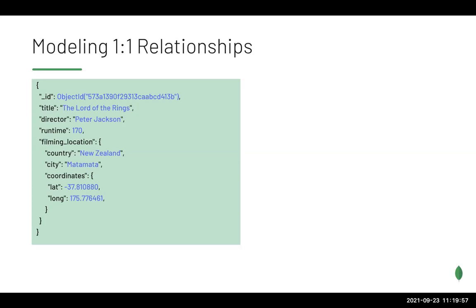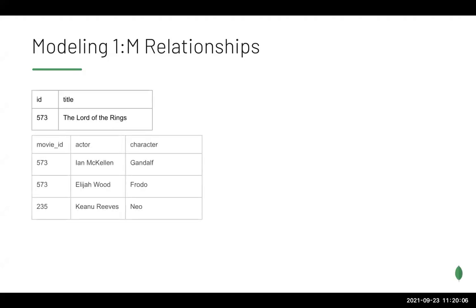The next one we're going to discuss is probably the one that most people will be dealing with and most folks have questions about, the one-to-many relationship and how that works. The one-to-many relationship, if you're not familiar with it, is a relationship in which you have one document, or one piece of information, that's going to have other pieces of information that are kind of duplicated. One example of this is a movie is going to have many different actors comprised